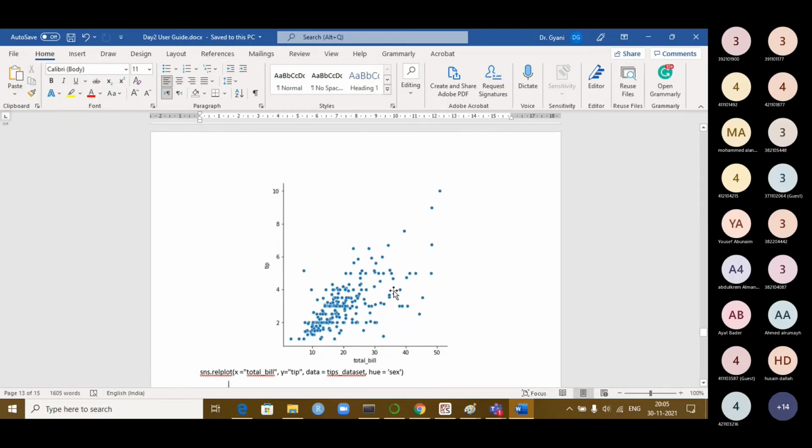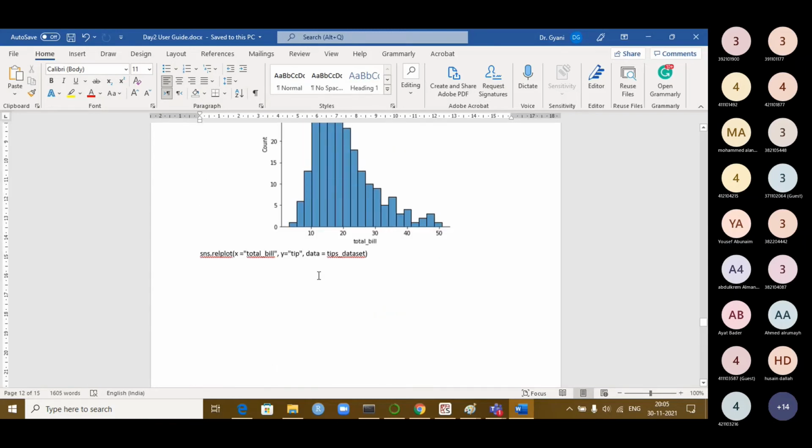You see the tips are between $0 to $10. The maximum tip, $10, is given when the bill was $50. You can see the relation clearly. So 50 and this one, you can see it here. This is what is called showing the relation between two parameters as a scatter plot. Okay, this is a graph now.